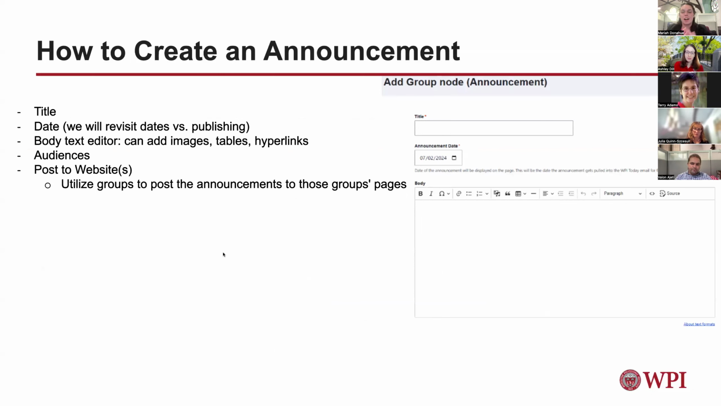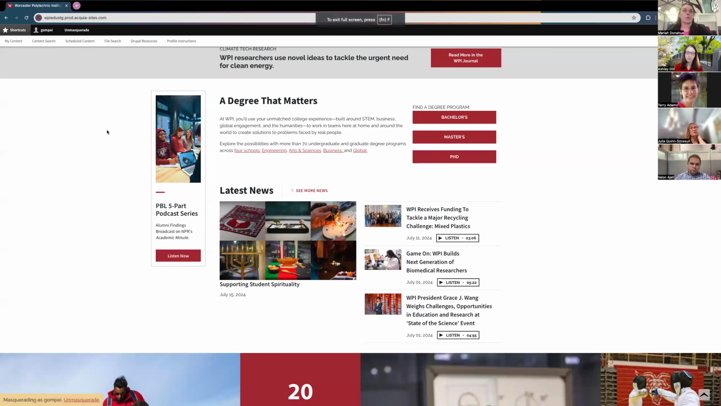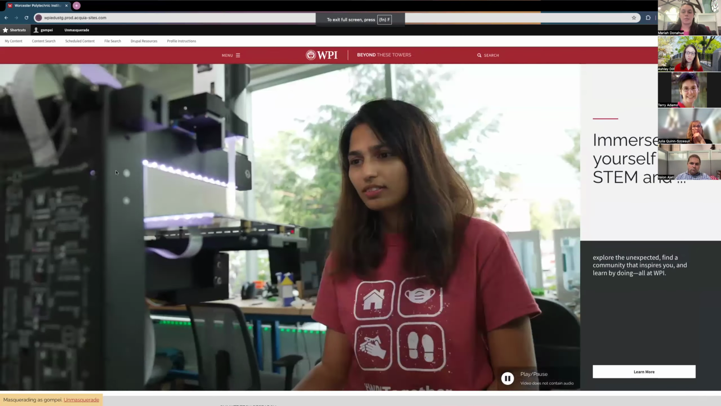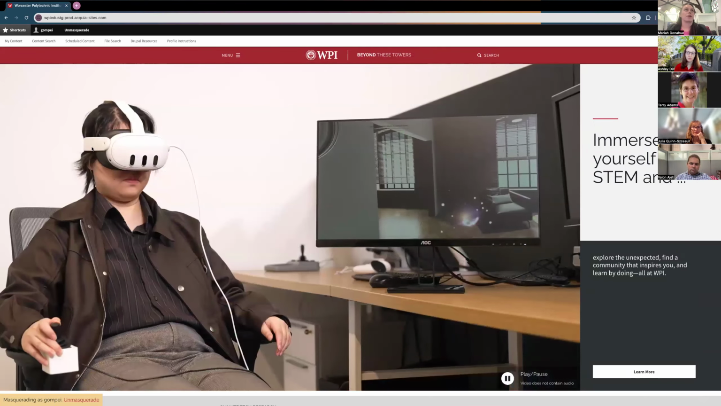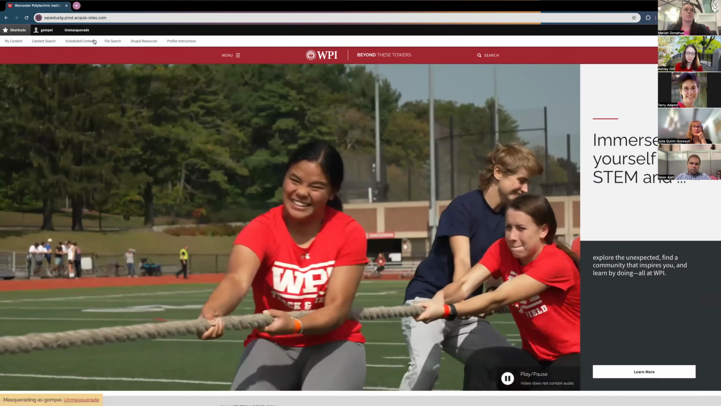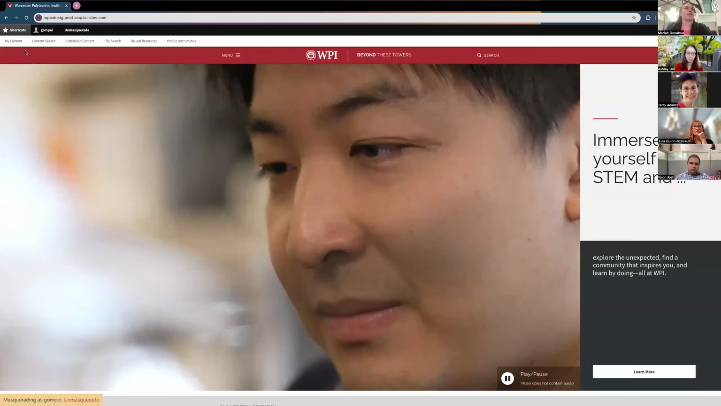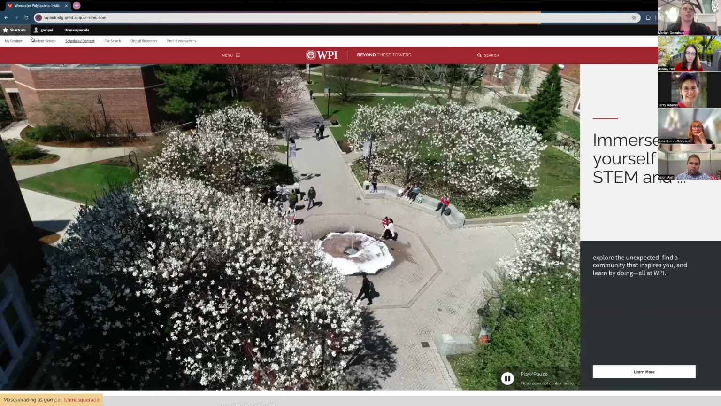So now we can hop into Drupal, start looking at how to create our announcements and events, and how we can pull those into our pages. So I'm going to swap over to Drupal. Do you guys see the WPI homepage right now? Okay, great. All right, so the first thing that you're going to do once you're logged into Drupal, you know